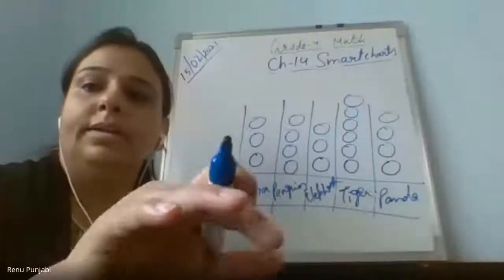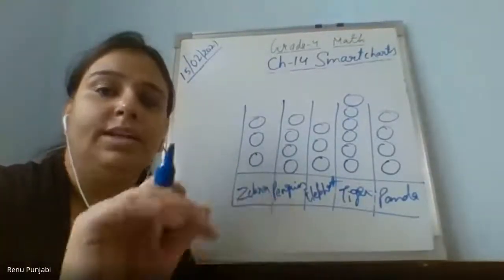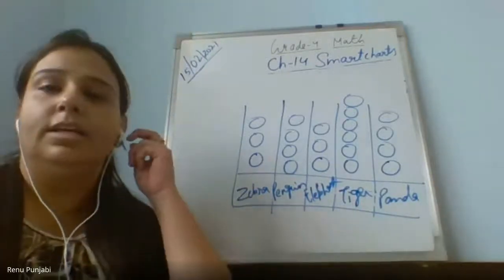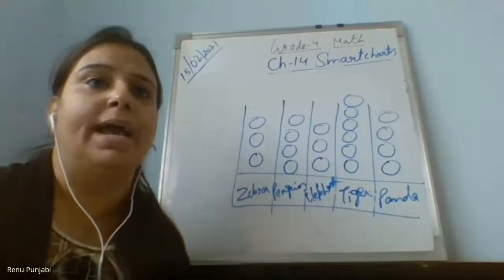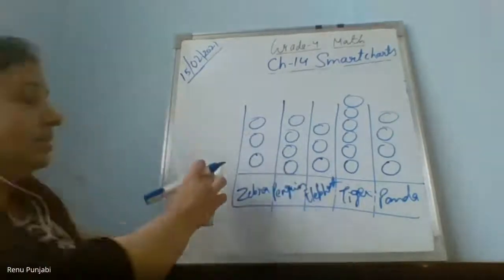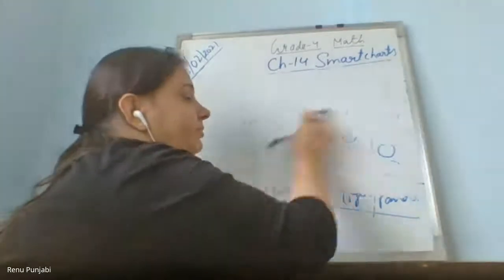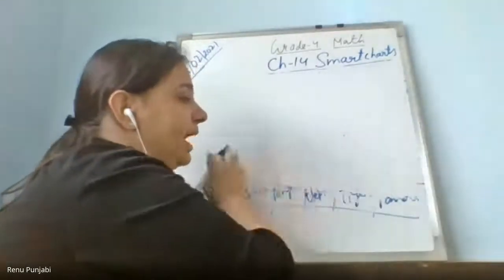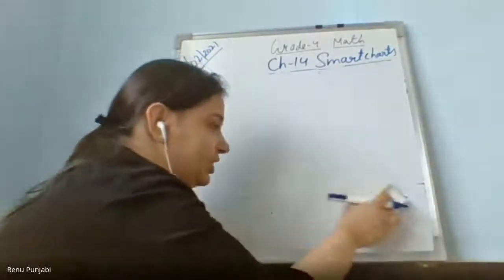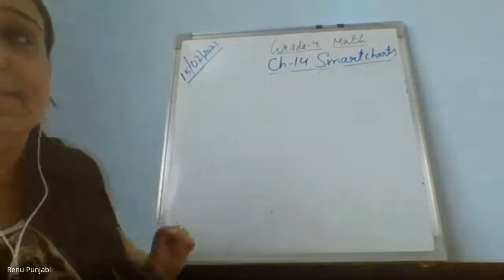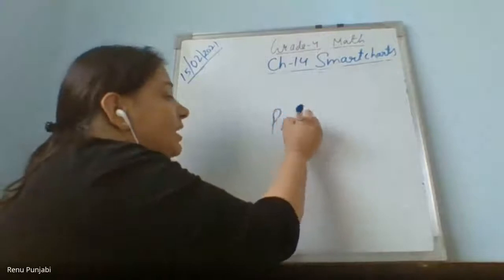Okay. Now, I will give you a brief description about the pie chart. Tomorrow we will continue the pie chart in our next class. Now, what is pie chart? What is pie, first of all? Why the name of this chart is given pie, that we will see later on. But what is pie? P-I-E. Have you ever heard this name?